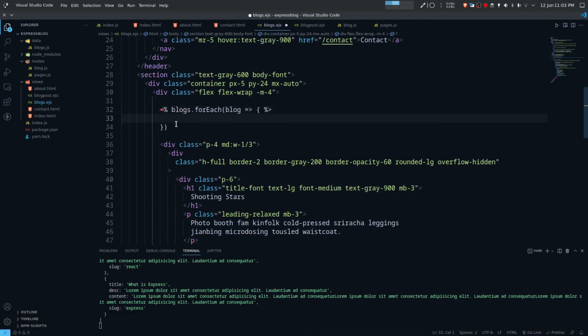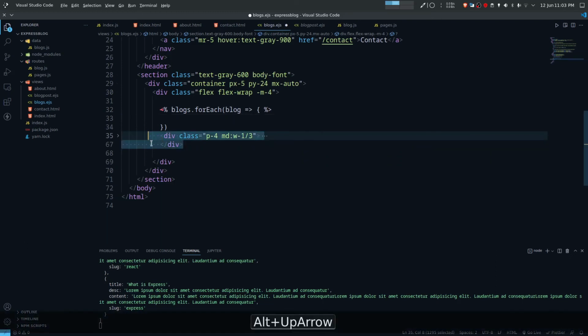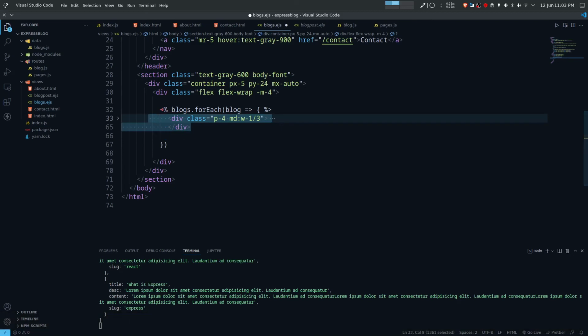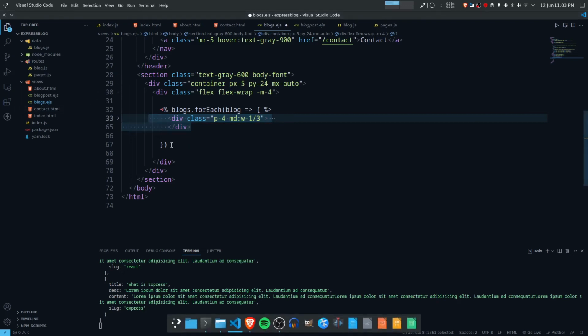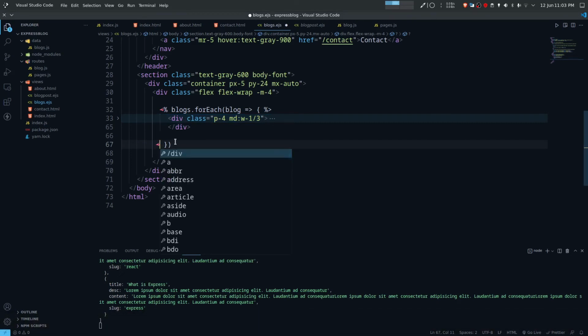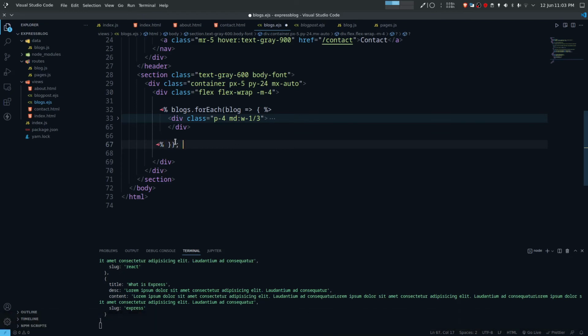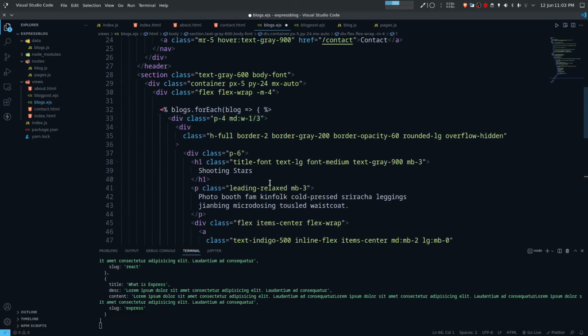So this is the syntax of the templating engine, and after this we need to close here as well, then angular bracket percentage, then percentage angular bracket again, and we open this one and we need to do